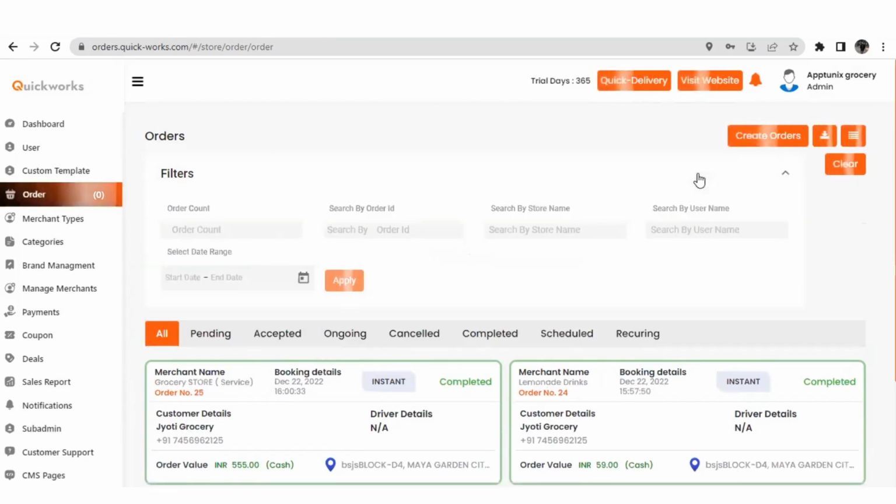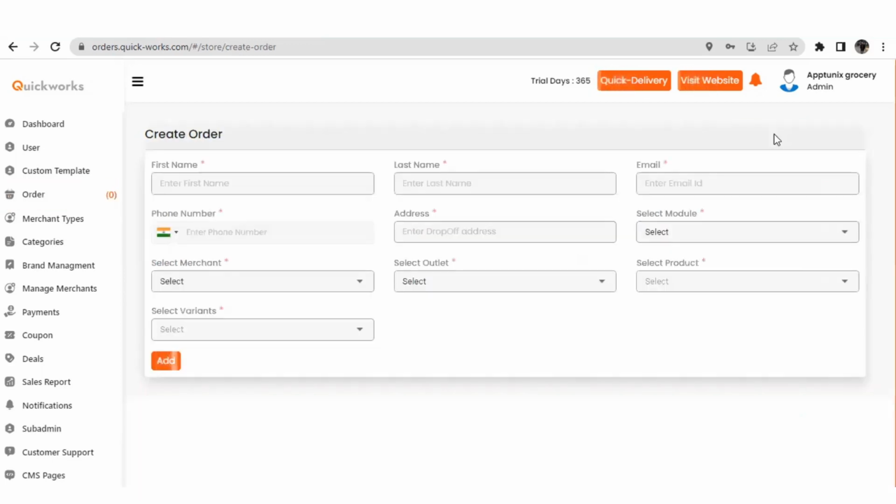As an admin, you can filter that data on the basis of count. You can search any order by entering the order ID over here. You can filter out the orders by the store name, by the user, and you can also select a date range. As an admin, if you want to create any order on behalf of any customer, you can do it